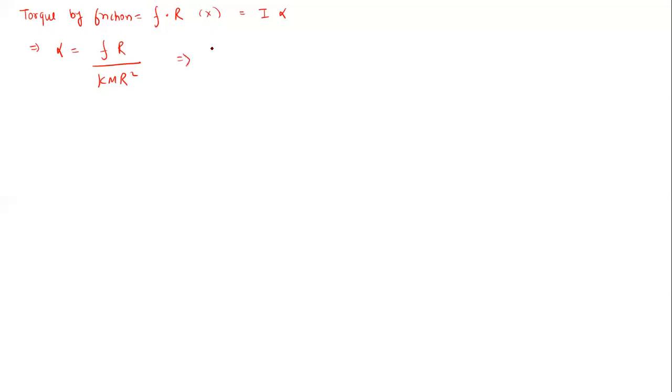So can I write like this? Alpha will be equal to how much? The friction force acting on the body divided by k m r. That is the angular acceleration of the body before it has the pure rolling condition. And the F value we know, F is equal to mu mg. So we can substitute the value of friction force. Okay, fine. Direction of this alpha will be inside the plane. Okay, fine.